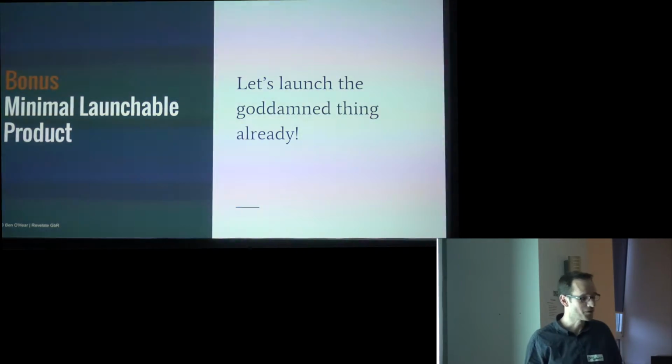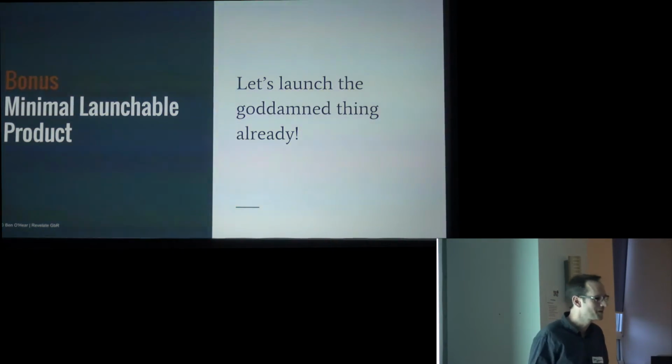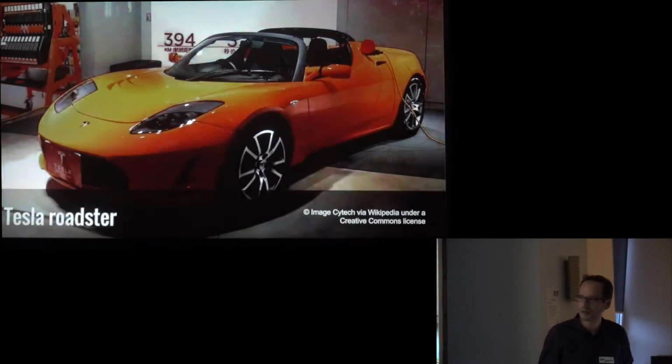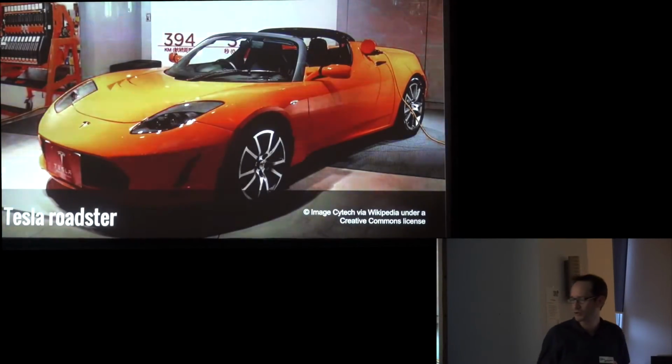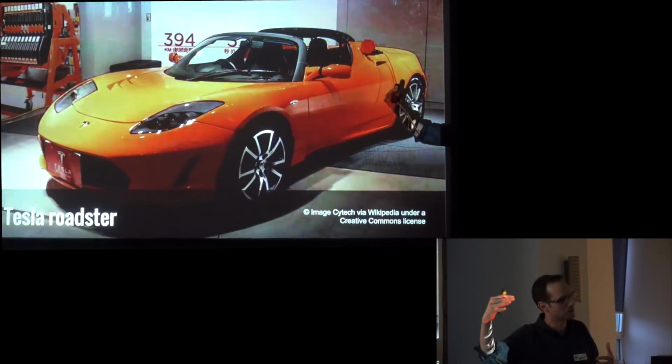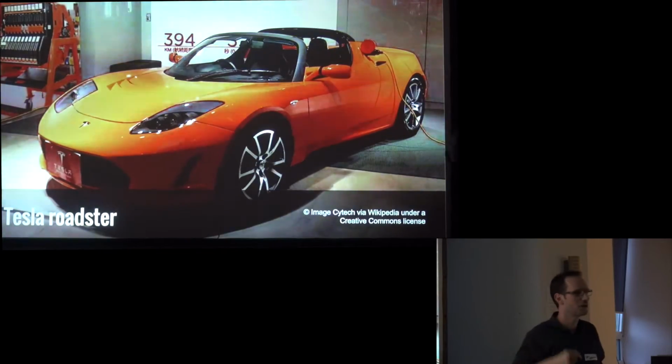Now, as a bonus round, the minimal launchable product. So this is perhaps what most people think of when they think of MVP. In other words, a really stripped down version that you just launch. And the example I'm going to look at here is the Tesla Roadster. Now, I don't know how familiar you guys are with the history of Tesla, but essentially the Roadster was the MVP to the Model S, which itself is the MVP for the Model 3, which is what they were aiming at all along. That's the one that launched a couple of weeks ago and got 500,000 orders in already.